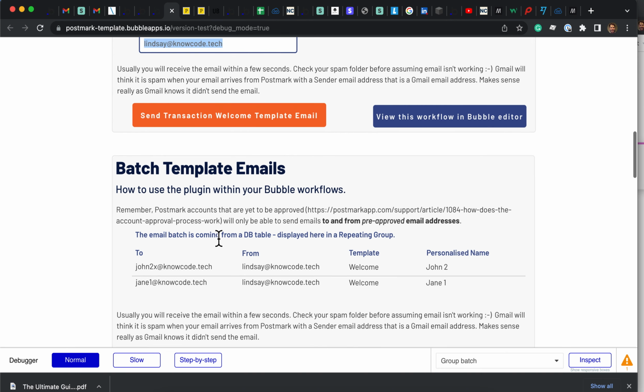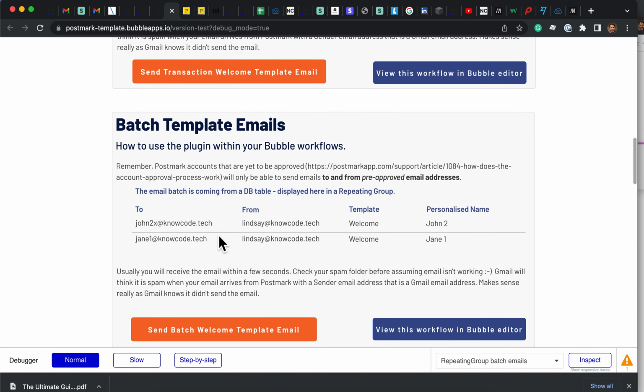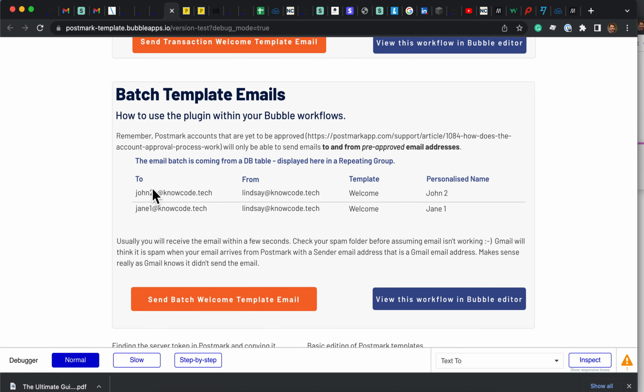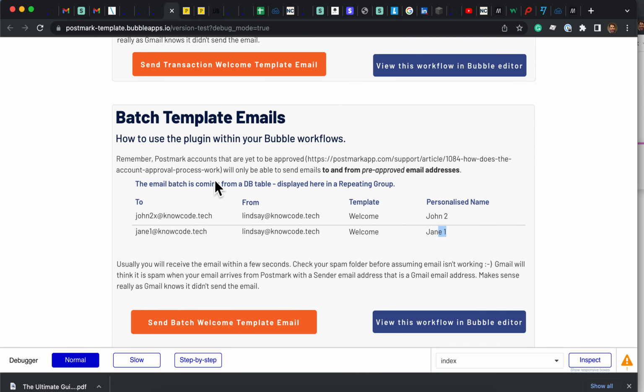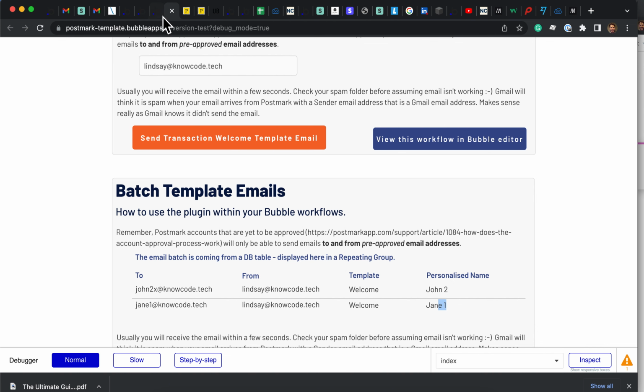up to 50. If your use case is you want to send up to 500 emails, and maybe each of those 500 emails are slightly customized, so for example I have a table and in there I want to send this email, the welcome template, personalized with John 2 and then personalized with Jane 1, you would use the batch method. So the basic difference in the plugin between these two is that